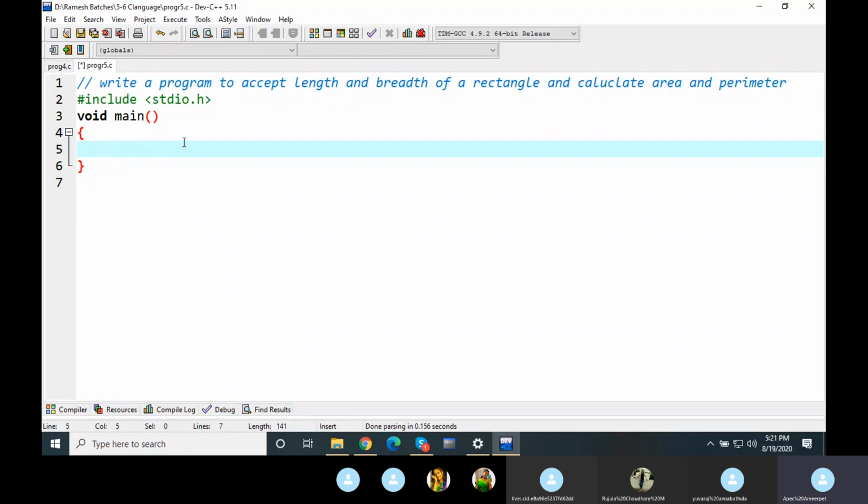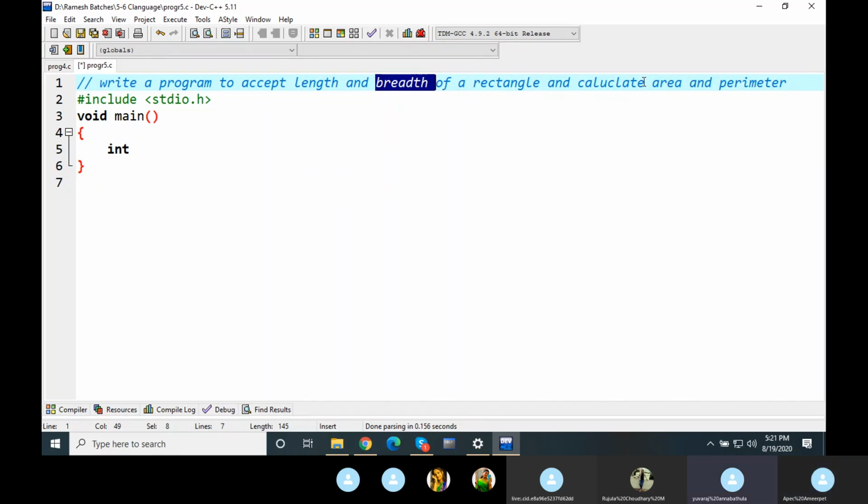Here you said int. Correct. Okay, go on. Int. Now we need variables for what? One variable I need for length, one variable I need for breadth.